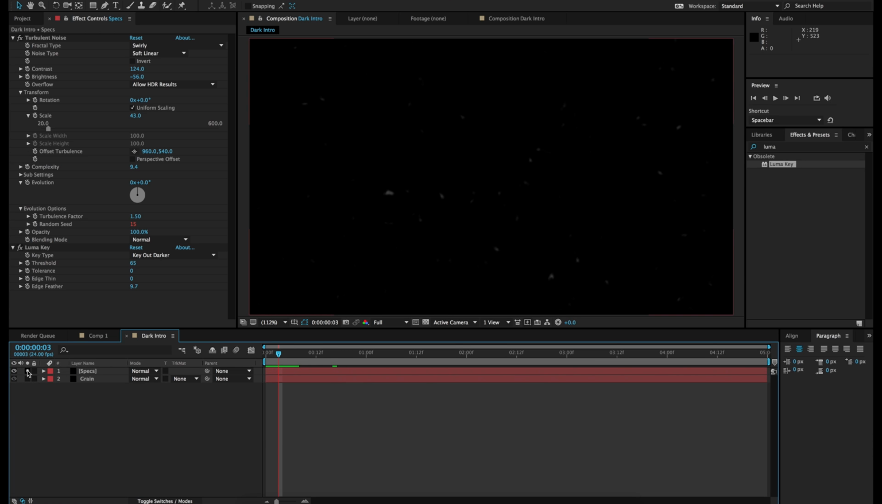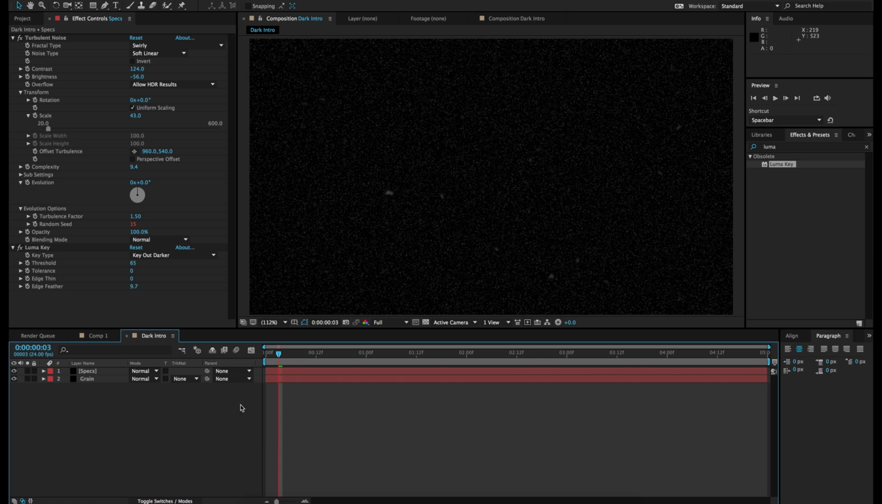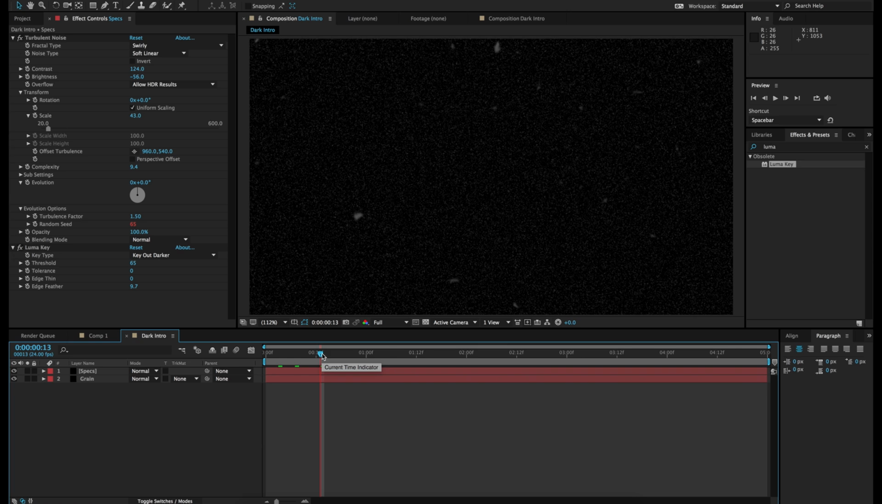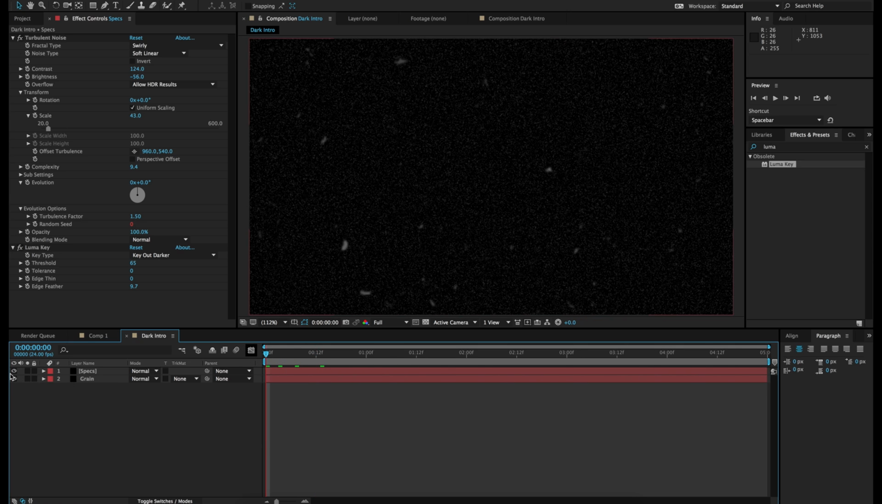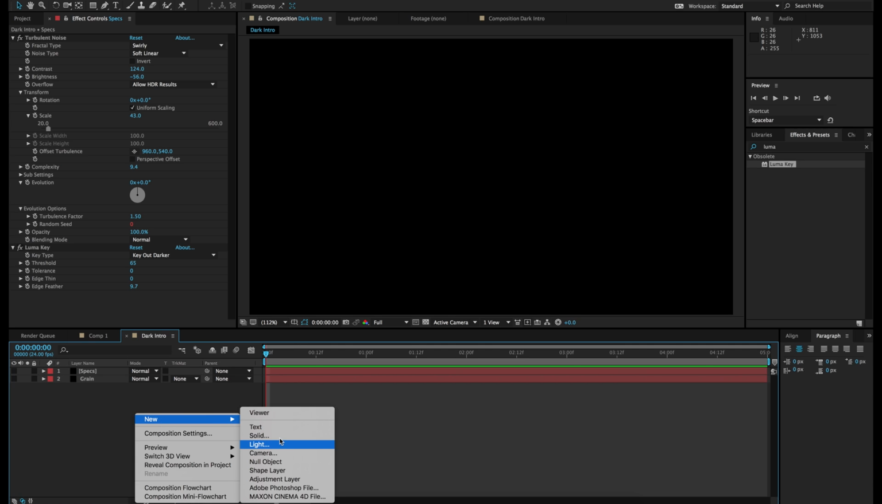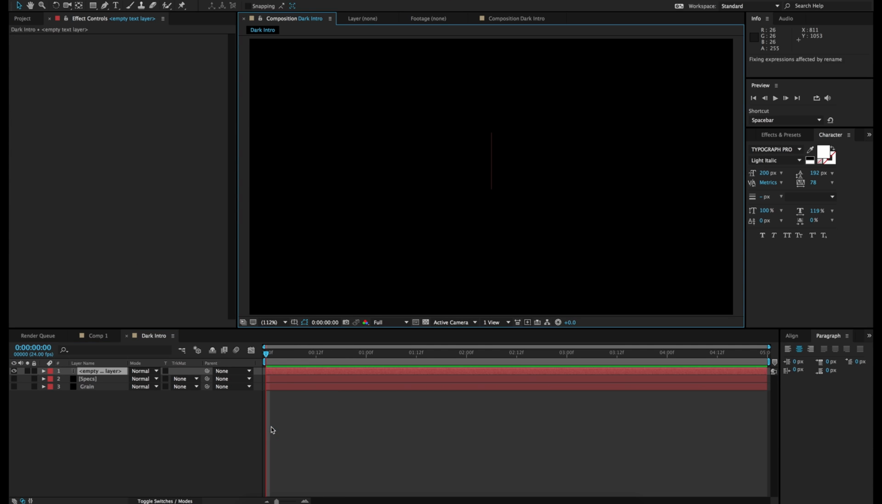So that's looking good, and now we can unsolo this layer, and now we have the grain and the specks, and they both dance together on the screen for us. Now the next step is I'm going to hide both of these so they're not slowing down my computer, and we need to create the actual text. To create the text, you can right click in the composition and go to New, Text, and I will type in Studio X,